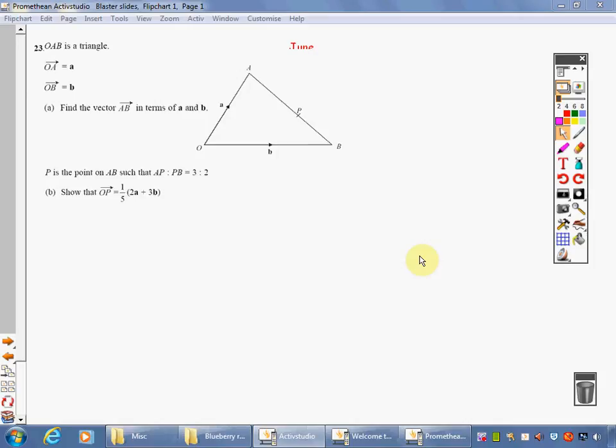My key tip for vector geometry is to use your highlighters effectively in the exam, and I'm going to do that for you today using the highlighter on the whiteboard. Okay,